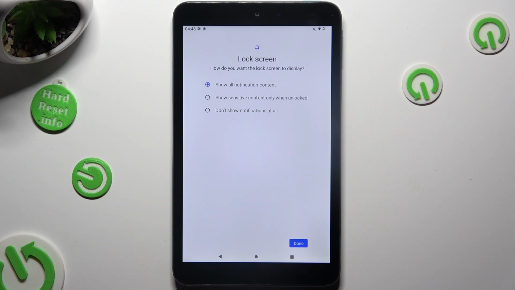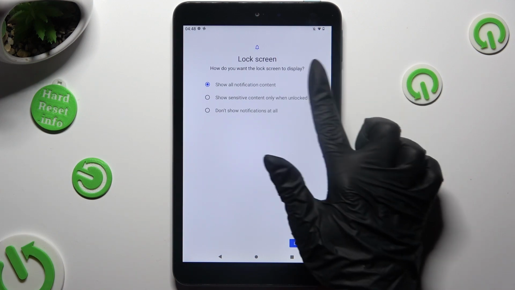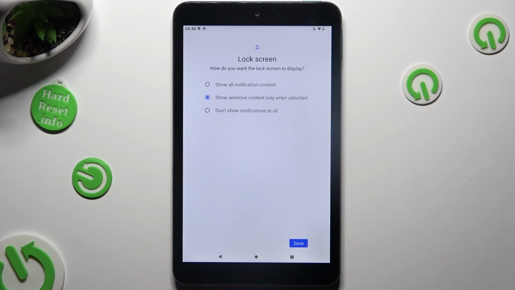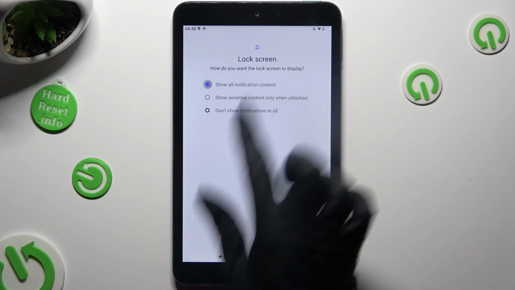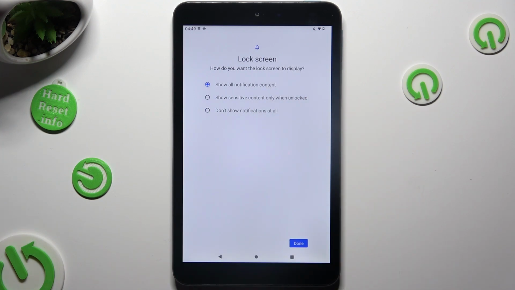Now you need to tap on one of those options to answer the question: how do you want the lock screen to display your notifications? Show all notification content, show sensitive content only when unlocked, or don't show notifications at all. I will go with the last option, so when I tap and click on Done,